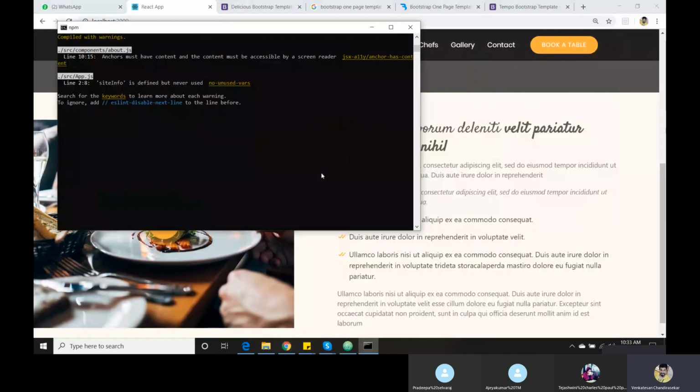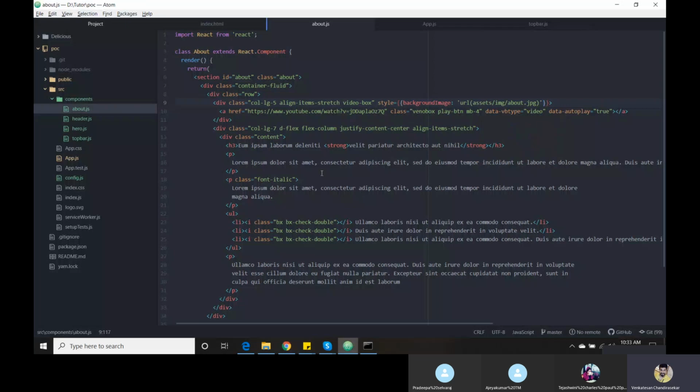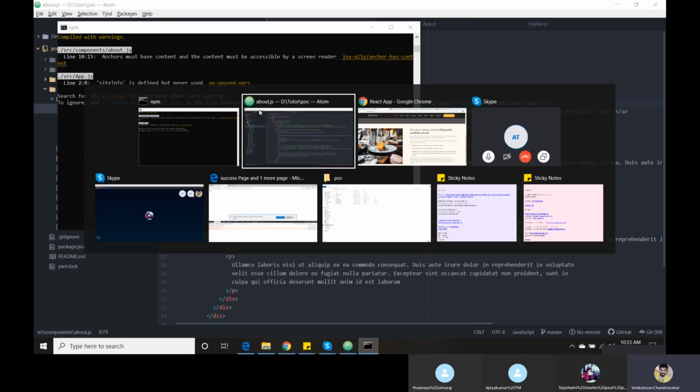Initially you don't need to understand what JSX element is. JSX element is how we use HTML with JavaScript elements in a single manner. In normal HTML we can use the style attribute like this, and if you give a color, it will work. But in React JS we need to use braces, that is called JSX element. They have a separate feature. It renders the code and shows